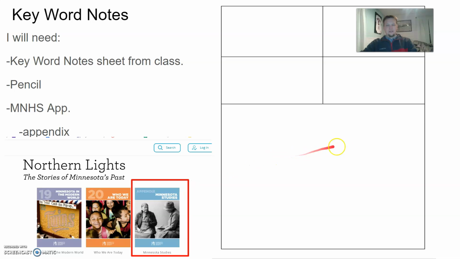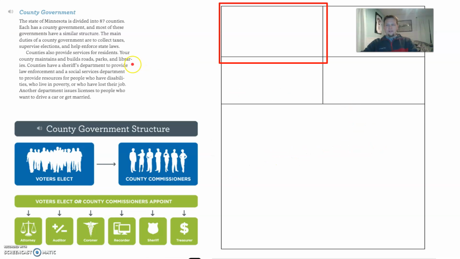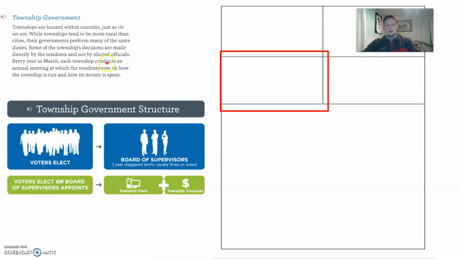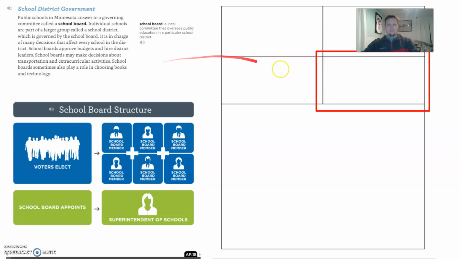to add details. So, yesterday in class, we learned about the county government. We read the paragraphs, we added 3 to 4 keywords in this first box. Once we were done with that, we moved on to county or city governments. So as we read about city governments, again, we added 3 to 4 keywords in that box. Township government was next, where we added 3 to 4 keywords about that box. And then finally, we looked at the school district and what the school board does and what their main role is. So now that you have your 3 to 4 keywords in each of those 4 boxes, what we're going